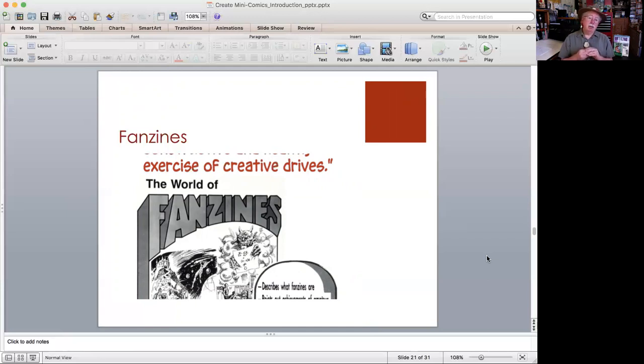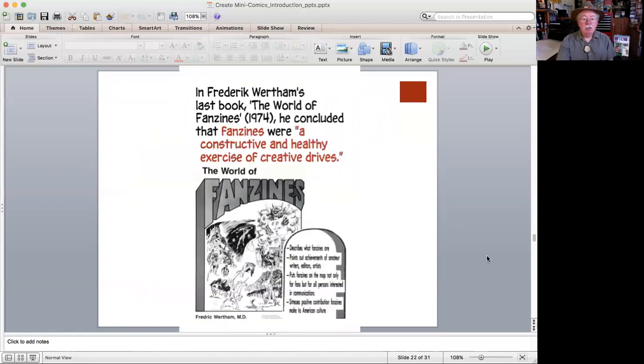Fanzines had first started in the 1930s for science fiction magazines and science fiction authors, but eventually, when you can reproduce images, the fanzines were created by people, and the writer of Seduction of the Innocent recognized something about fanzines, that fanzines were a constructive and healthy exercise of creative drives. So he wrote a book in 1974, 20 years after Seduction of the Innocent, lauding fanzines and what a good